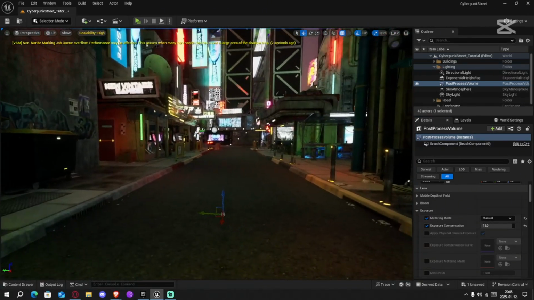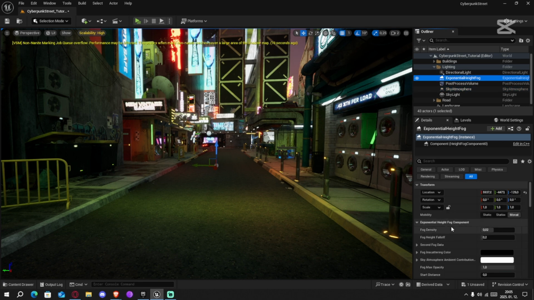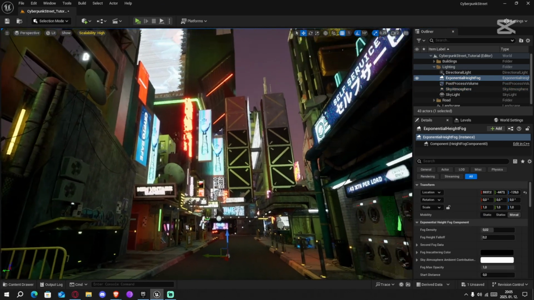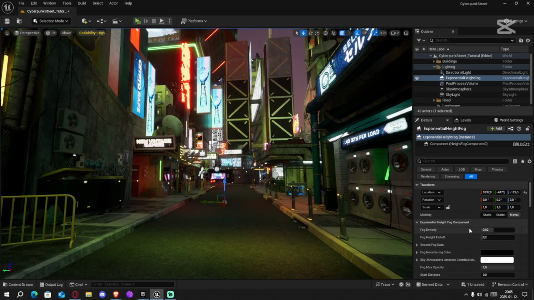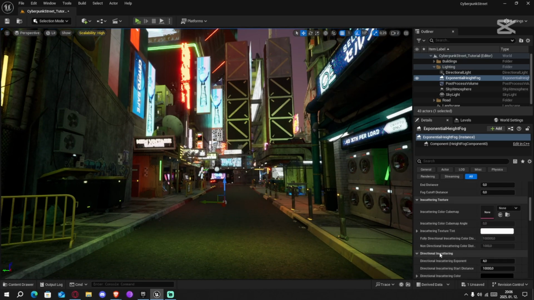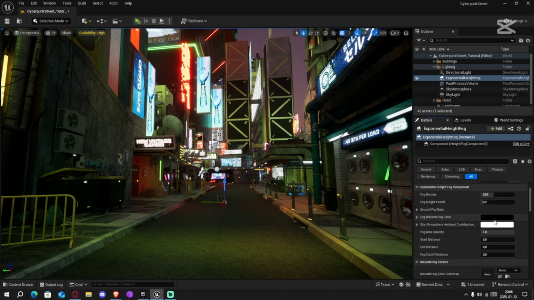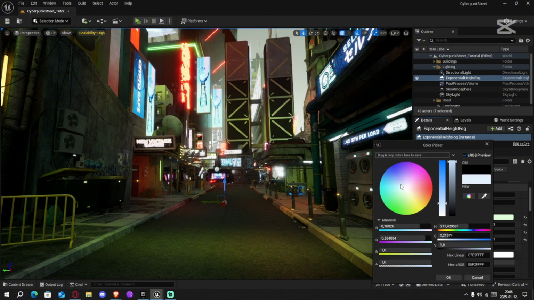Okay, so now I'm going to go to the exponential height fog, and I'm going to change the light scattering color of the volumetric fog, so it gives us a more atmospheric vibe. As you can see, I'm coming here to in scattering color, and I'm going to look for